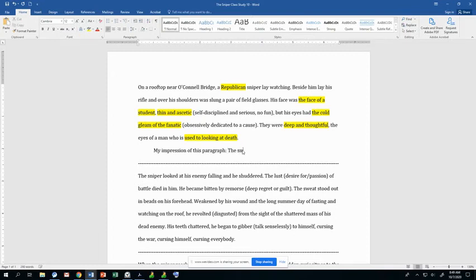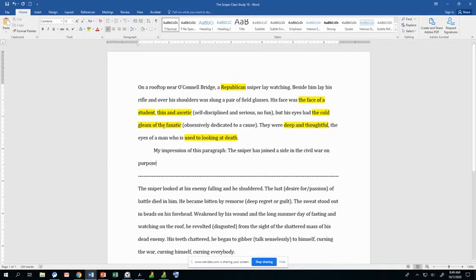The sniper has, if we look at this first thing, he's joined a side. He's joined a side in the Civil War on purpose. We get that impression because he is a fanatic. He's dedicated to his cause. So he's dedicated. What other characteristics can we pull out? He's smart, right? He's a student, deep and thoughtful. So he's smart. He's dedicated, smart,